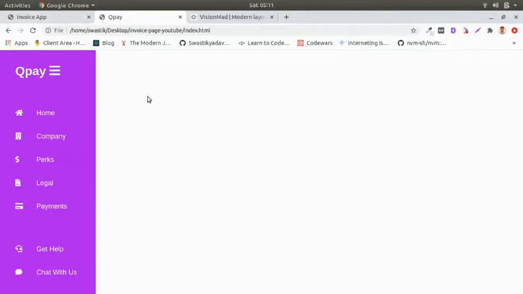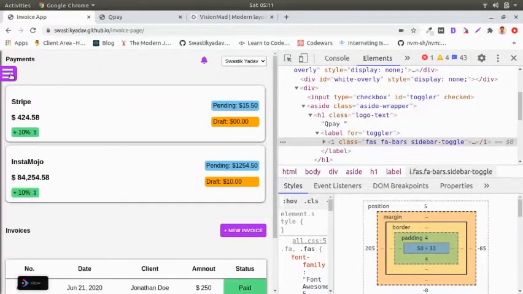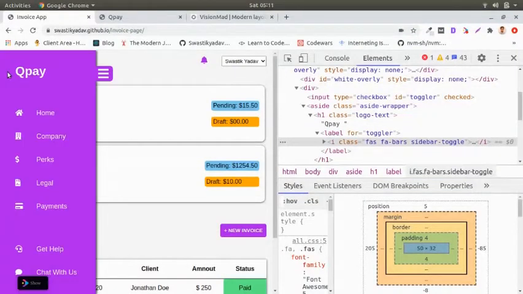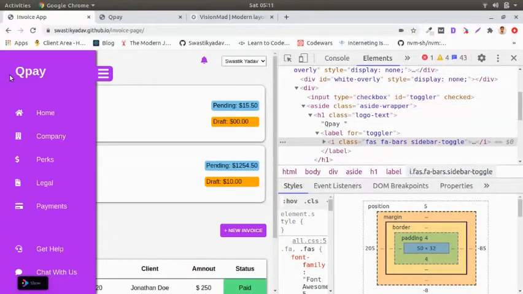Okay, so now we need to position it over here so that when we click on it and the sidebar is closed, we still have it over here so that we can open the sidebar again. If we have it inside the sidebar, we'll click it, it will close, and we will have no way to open the sidebar again, right? So we need this to be present over there even if the sidebar closes. Okay, so to do that, I want it to be relative to this.